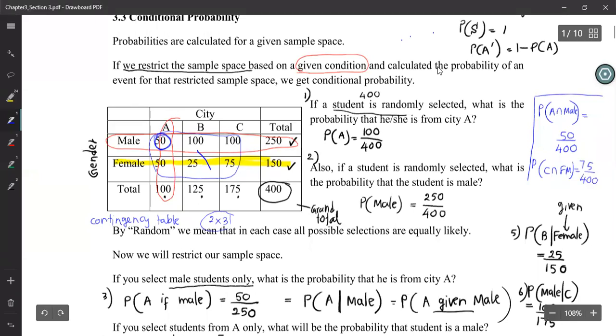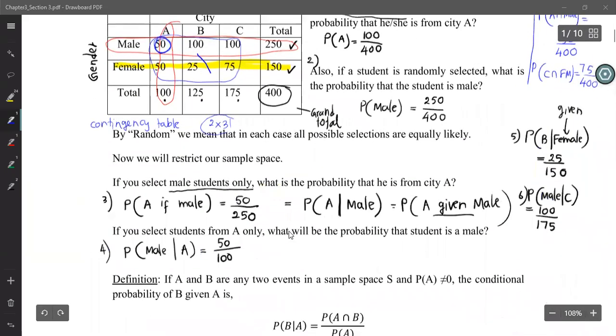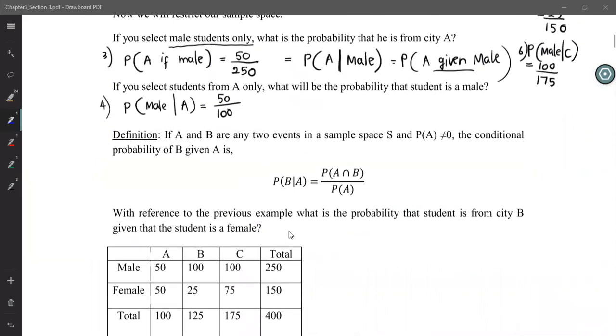See, now you have the whole sample space there. So it is not conditional probability, it is general probability. Now you have the idea about how to find the conditional probabilities after restricting your sample space. Now you don't get a table like this all the time, so you need the exact definition of the conditional probability.